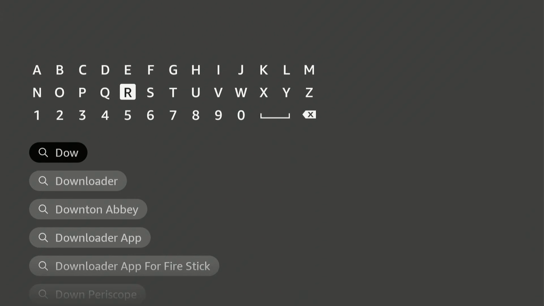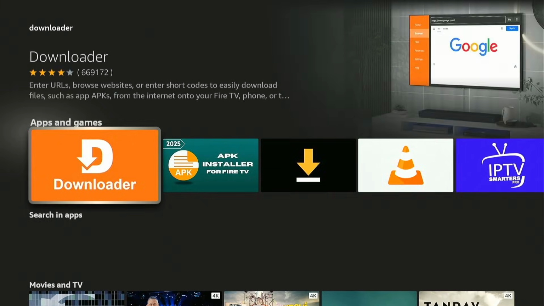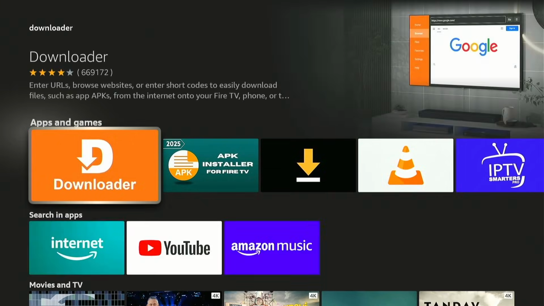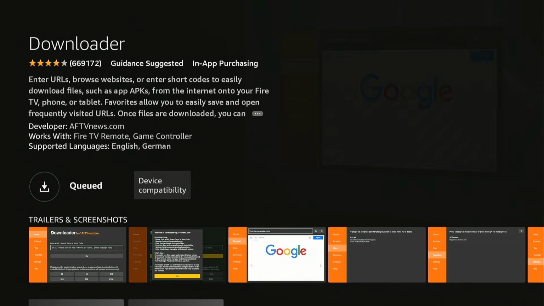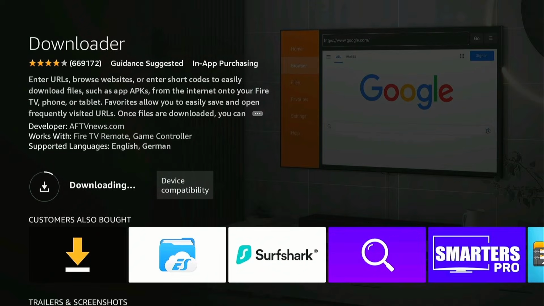Right after typing two or three letters, a suggestion list appears, so we don't need to type the entire spelling. Let's slide down and click on Downloader. Next, click on this bright orange colored Downloader icon. On the next screen, click on the download button and give your system just a few seconds until this app is downloaded and